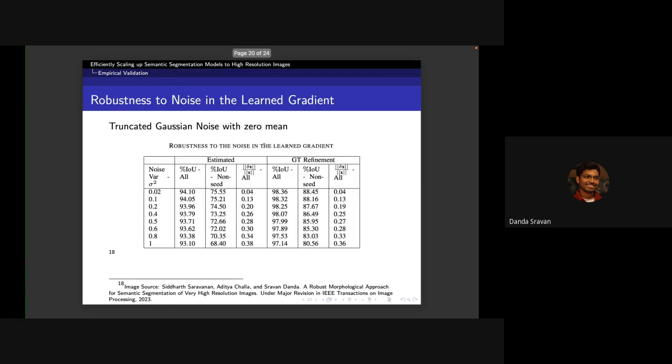So the answer is no. In fact, even for non-seeds, even at various levels of noise, it doesn't really go down by a lot. Of course, if you have too much noise, then nothing much can be done. So the same experiment we replicated, but instead of using